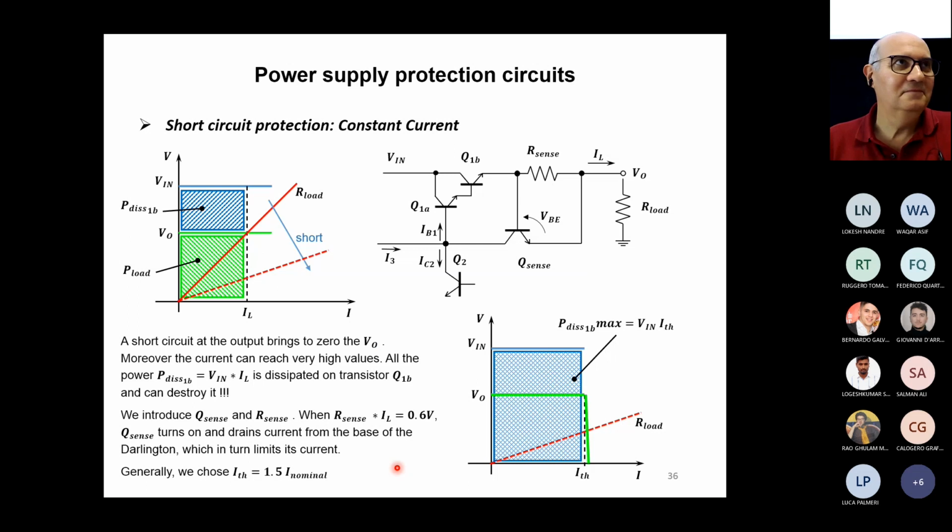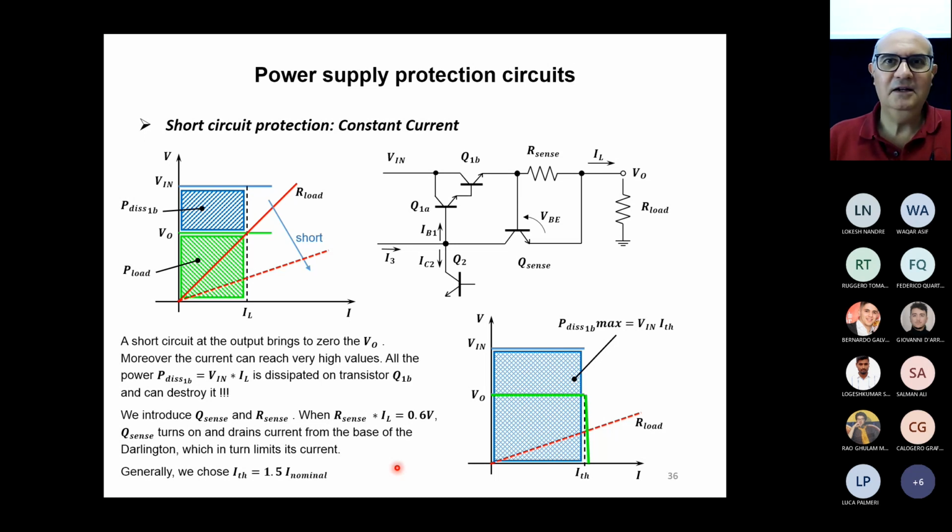Don't be afraid. This is a very interesting point. What is the problem that we are going to face now? Once we have defined such a nice power supply, there are a number of problems. What are the problems? If you are working with your power supply and you are connecting the power supply to some utility, you are charging a PC, a cell phone, whatever you want,